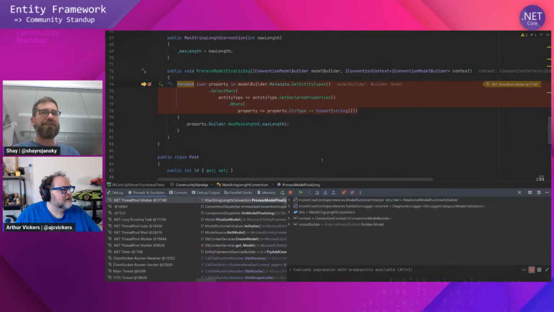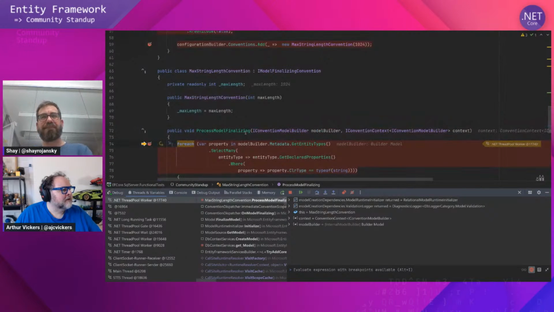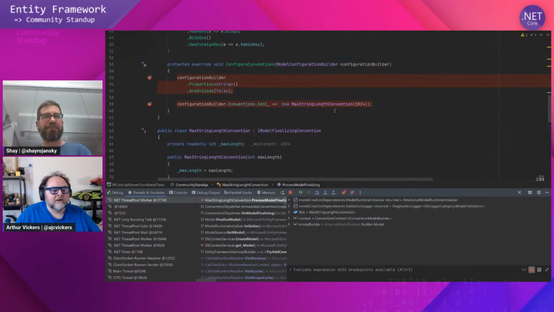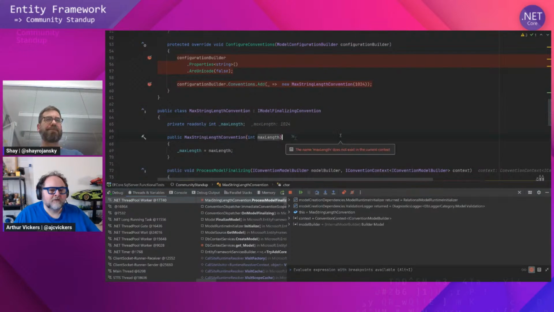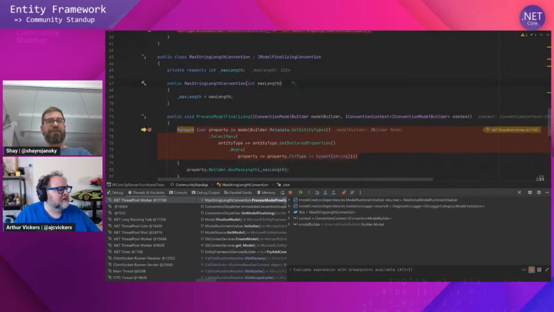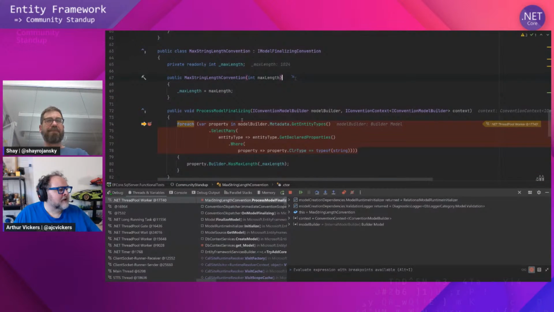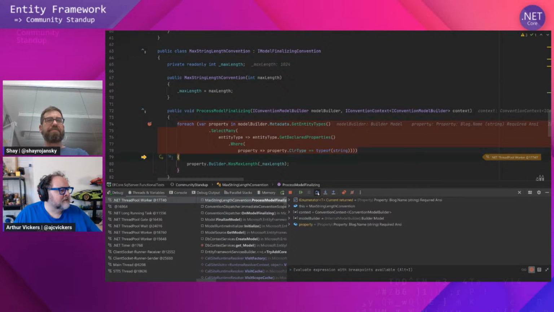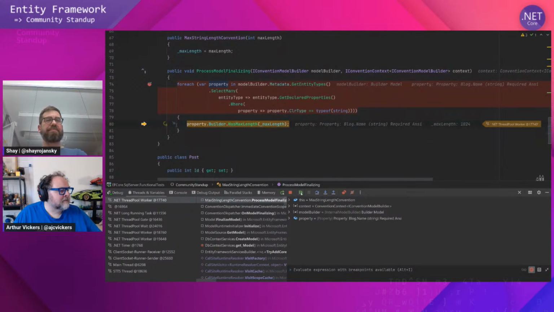And those are running now. And remember the configuration, sorry, the convention, the custom convention that we added, this max string length attribute, it's an IModelFinalizingConvention. To learn more about that, refer to the docs or the previous community stand-up on that. And it's now running its process model finalizing. And so it's going to go through, and for properties that it finds, it's going to set the max length